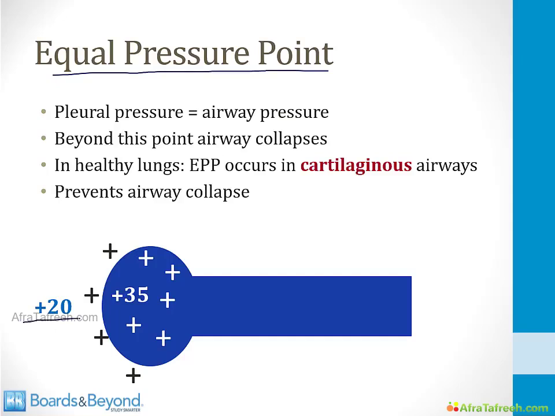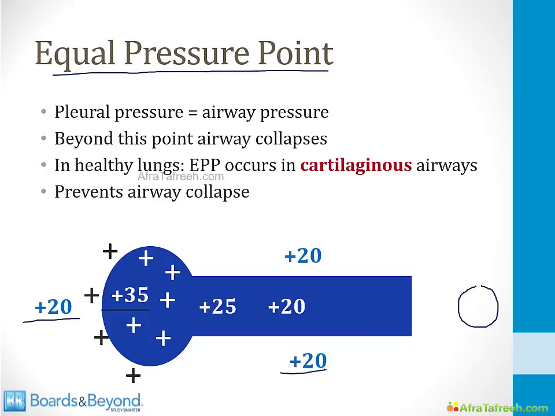The pleural pressure is positive at plus 20, and the alveolar pressure is even more positive at plus 35. And out here, the atmospheric pressure is 0. Now the pressure does not go from 35 to 0 all in one step. The pressure slowly drops as you get from deep within the lungs inside the alveoli all the way out to the atmosphere. So the pressure might drop, for example, to 25 at some point, and then at some point to 20. This point 20 is called the equal pressure point because now the pressure inside the lungs is equal to